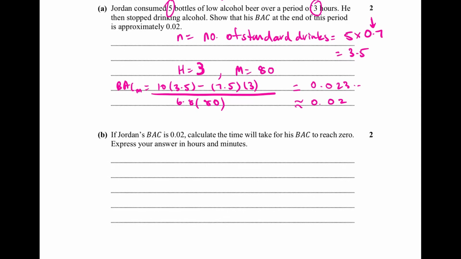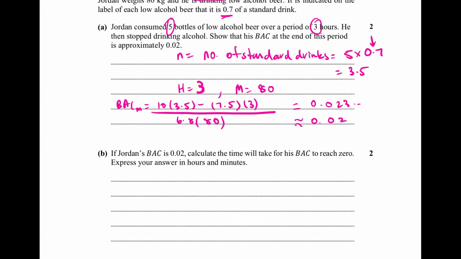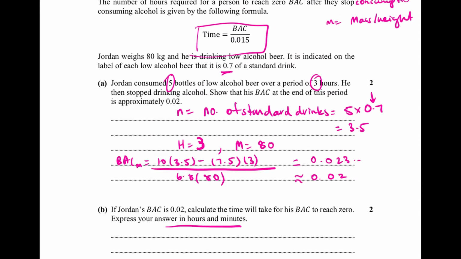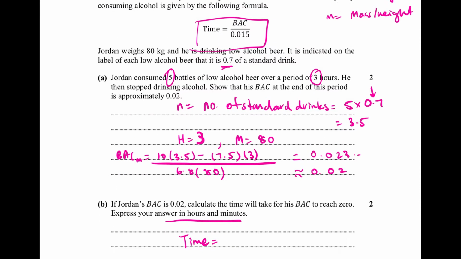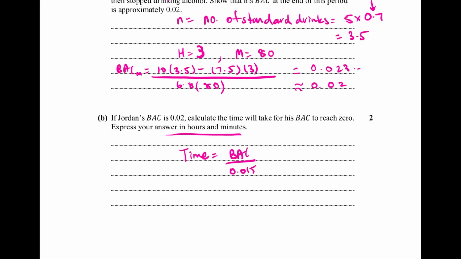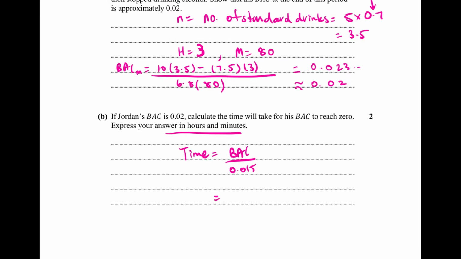Part B, if Jordan's blood alcohol content is 0.02, calculate the time it will take for him to reach blood alcohol content of 0. Express your answer in hours and minutes. So that formula is time is equal to blood alcohol content divided by 0.015. Now we know his blood alcohol content is approximately 0.02, so it's going to be 0.02 over 0.015, and you get